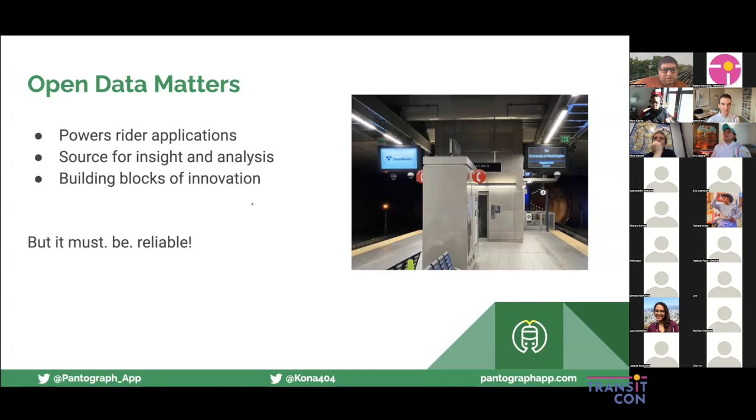And lastly, open data feeds can also be the building blocks of innovation, because when we make more data available in an open capacity that is freely available to anyone, anybody can go in there and start playing with it and use that data in ways that we're not even thinking of yet. But again, all this depends on really robust, reliable information being provided by the agencies. I've included a picture that I took of the infamously unreliable Sound Transit Link Light Rail real-time arrival signs, which they are working on addressing with a brand new system coming, I believe, later this year. But when the data isn't there, it's just not useful.